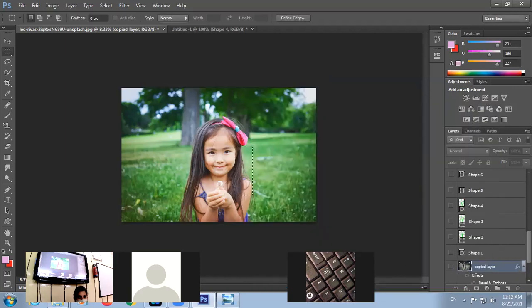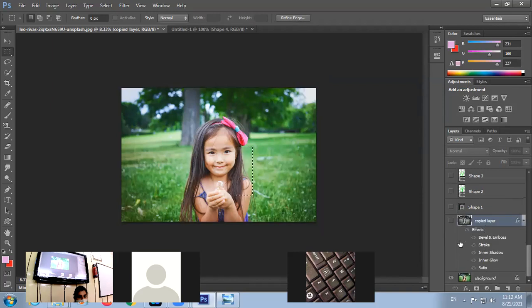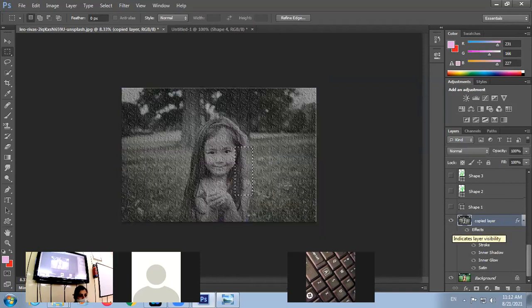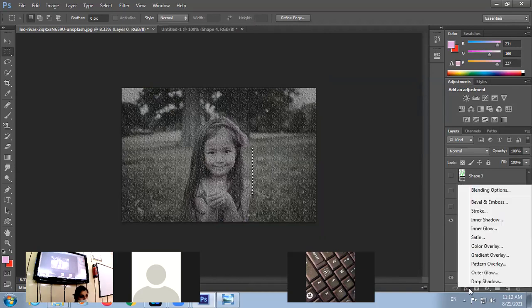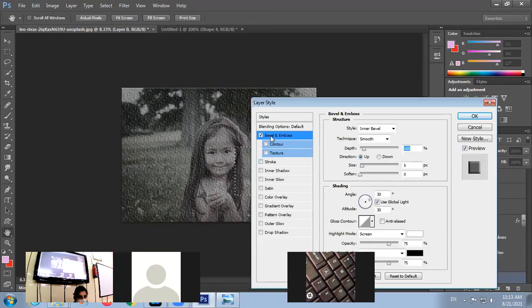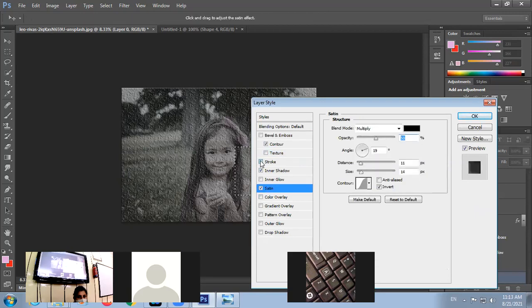Okay, so see, all the effects have been applied. So when you want to disable it, now it is disabled, I have enabled it, so you can see the effects. Okay, now if I want to apply on the background layer, I applied this on the copied layer. So firstly I have to make it a layer because it's the background and that is locked. So again, clicking and selecting the current layer, going on to the layer styles button. So again, these are the options that you can apply. When you want to give inner shadow, these are the different things that you can apply.